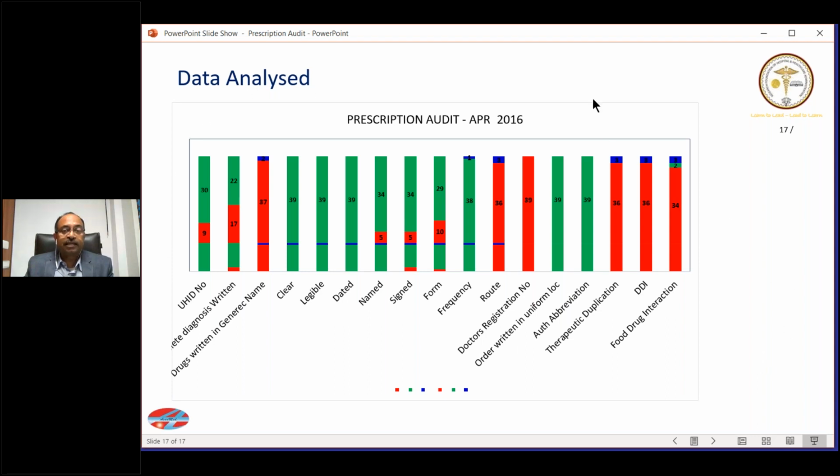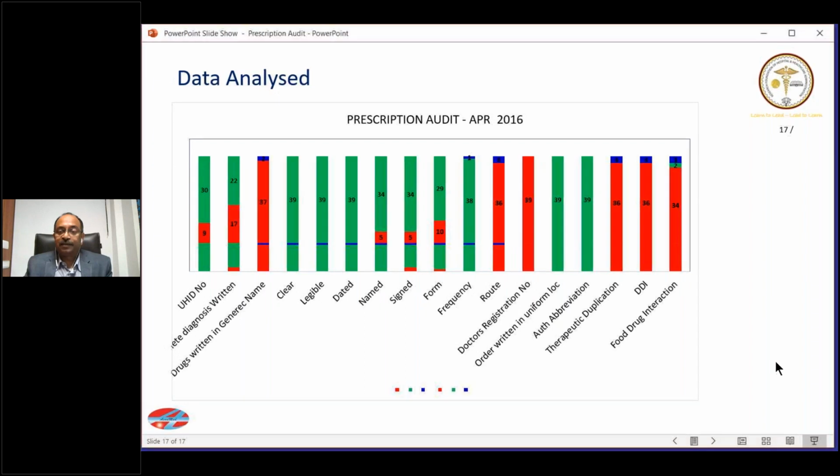Now, if you use this kind of a bar graph, this kind of a graphical presentation, then you can very easily see wherever you have more red, that is the number of no's that you have. So a lot of no's are here. So this is the data. Wherever there is more red, you say, okay, these are the major problem areas. And wherever the red is less, you can say, okay, this is the lesser problem area. So like that, you pick up these big red ones, and then you do the intervention, and then you do the correction, and then you do the re-audit. So is that understood?